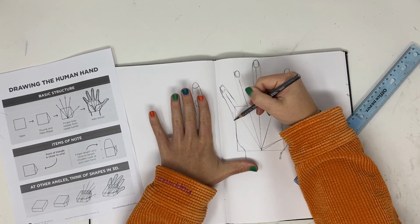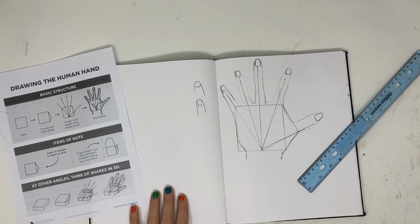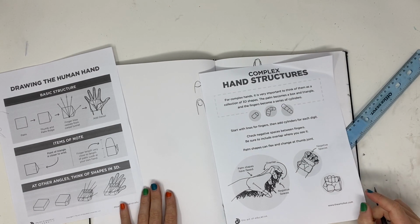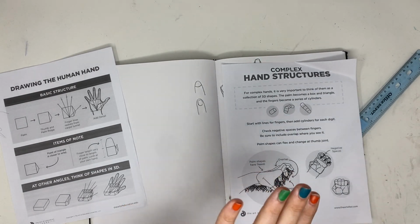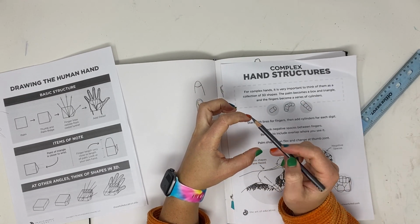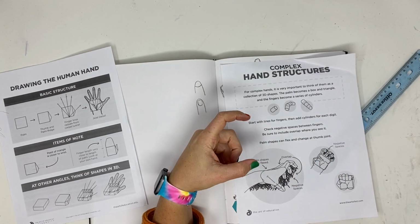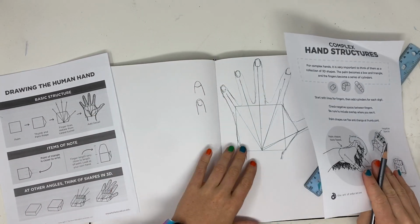Okay, so from here, we want our fingers to look even more realistic than what they are. And that is where this little handout comes in handy. So our fingers, if we're looking at them, they are basically 3 cylinders, 3 sections. So if I'm going to draw a finger that looks like it's pointing like this, I want you to practice this,